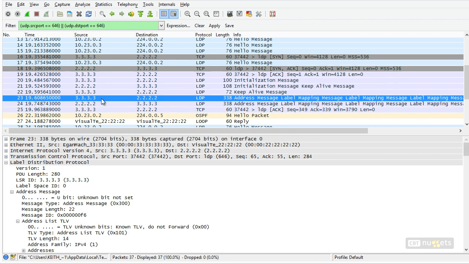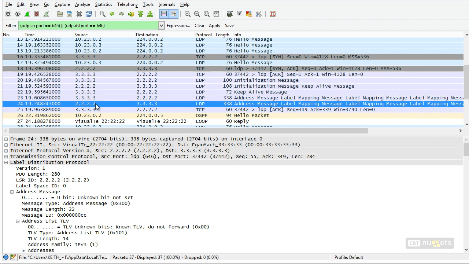So this is R3 saying, hey, here's all the labels I have and the associated networks I've mapped them to. And then R2 says to R3, hey, here's all the labels that I currently have, and here's the prefixes they're mapped to. And the cool thing is, we're going to use a destination TCP port for this LDP session